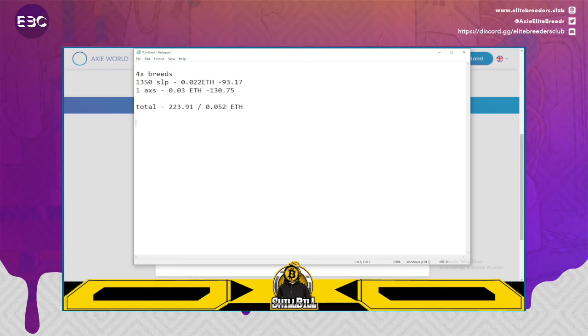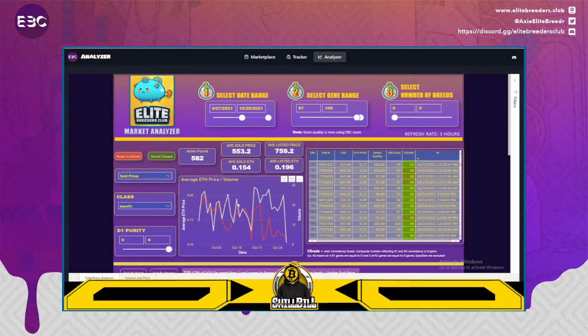Otherwise, why wouldn't you just buy from the marketplace? So breeding getting a bit trickier. Been using this quite a bit. I'm breeding double aqua with, I think I got yams and leaf bugs and some carrot